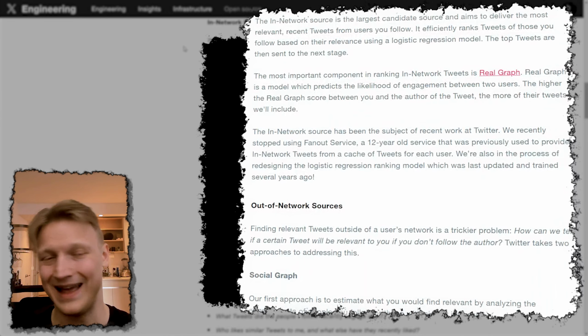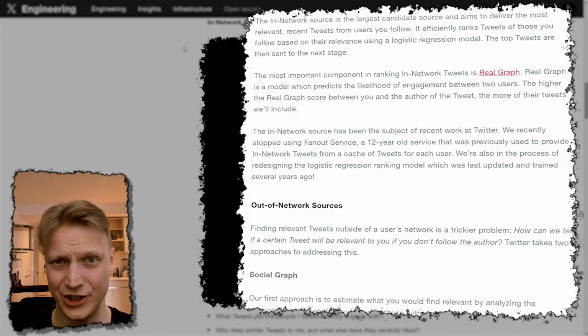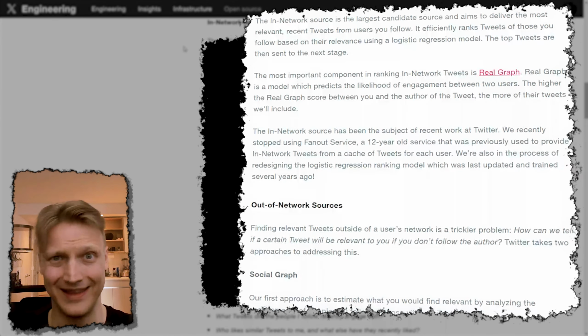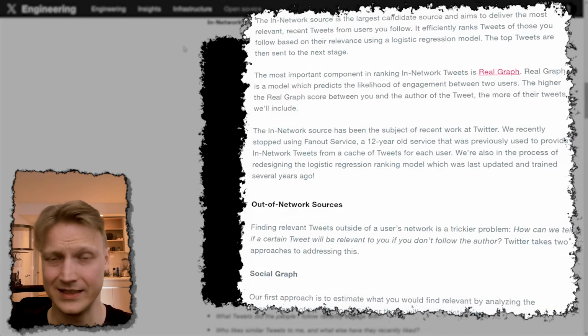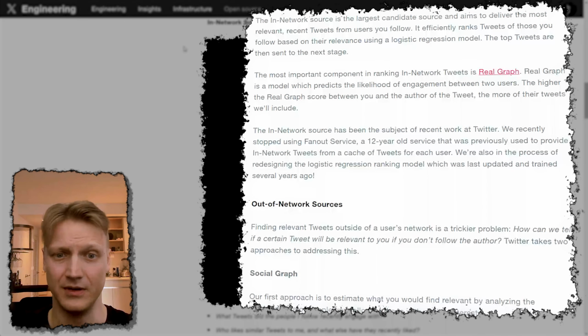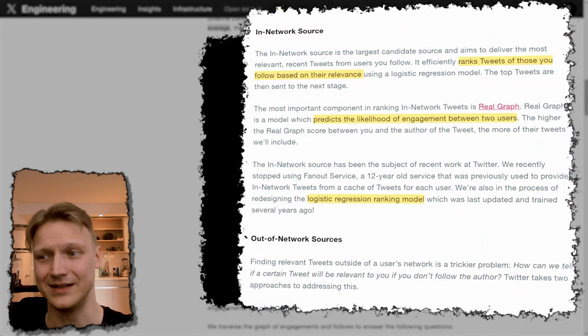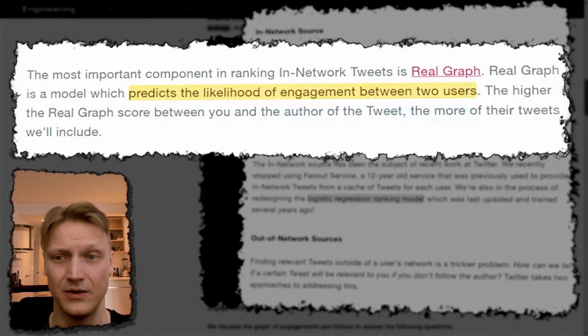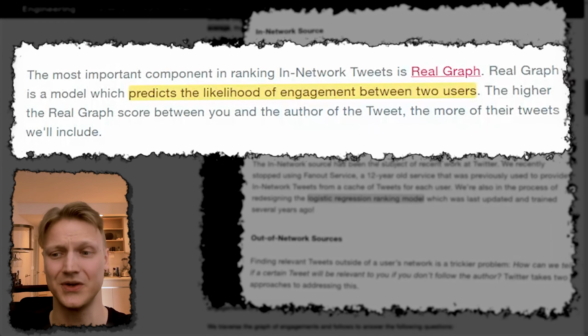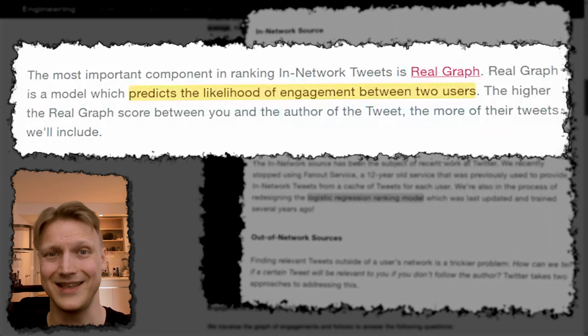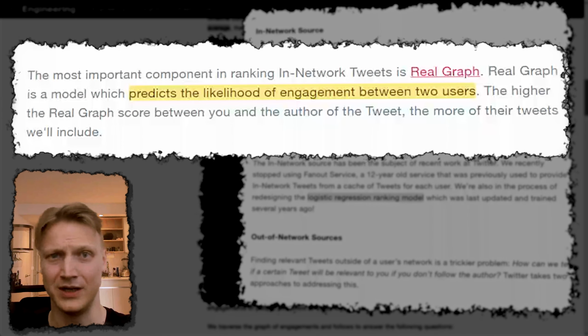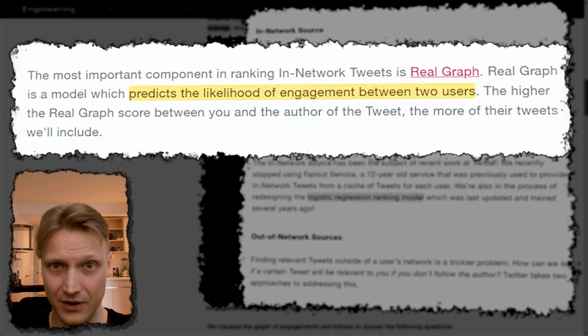In-network and out-of-network candidate source algorithms differ in nature. So it's like a completely different thing running behind the scenes in either case, selecting candidates for you correspondingly. So you can really influence the system and give you better, proper recommendations by just adding or removing people from your circle. The system that powers in-network source is called RealGraph, and that predicts the likelihood of engagement between two users. It's using a logistic regression model that heavily relies on historical activities of a particular user proportionate to the activities of the rest of the users you follow.